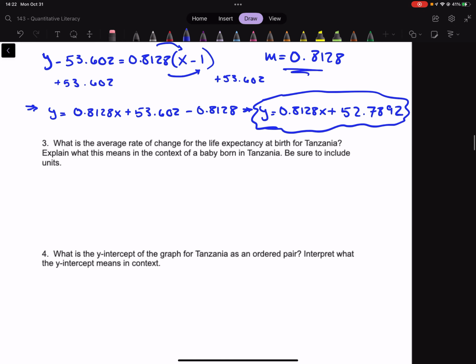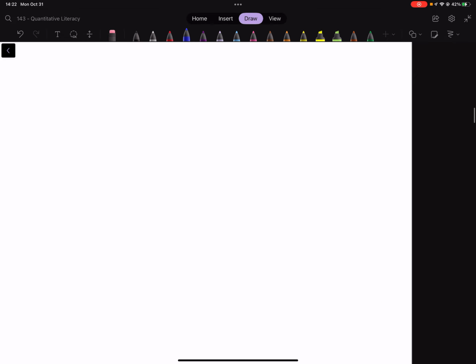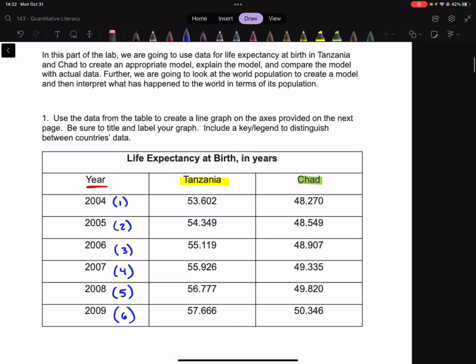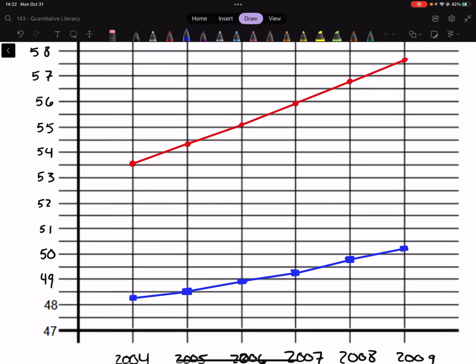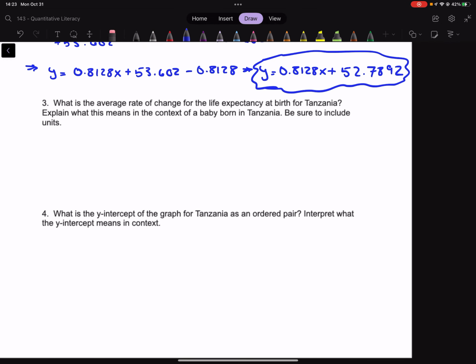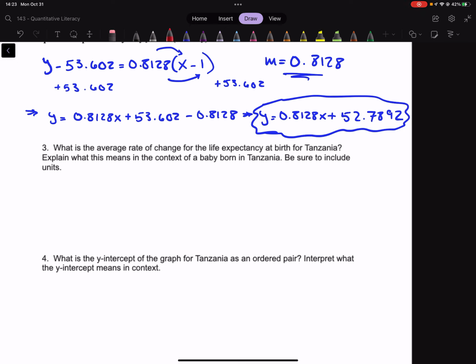All right, so number 3 says, what is the average rate of change for life expectancy at birth for Tanzania, and explain what this means in context of a baby born. All right, so not exactly sure what units they use for life expectancy. Maybe we'll go LE, because they didn't really give us any units here. So we're just going to say LE is the life expectancy. All right, so the way we'll do it is we'll say the life expectancy is going to be equal to 0.8128, and this is going to end up being,